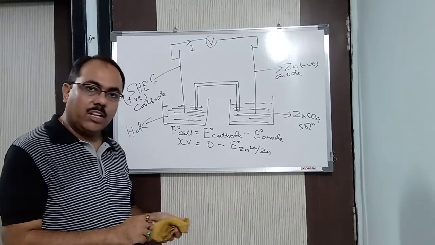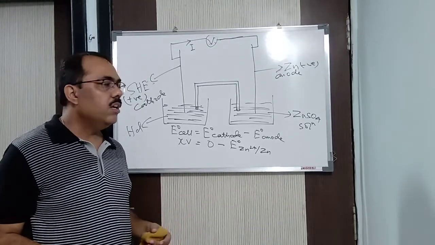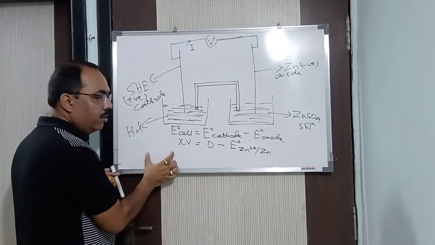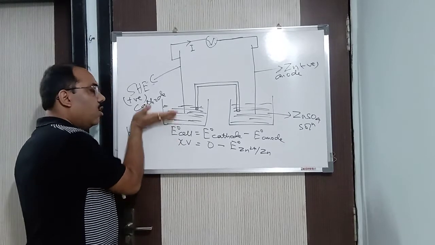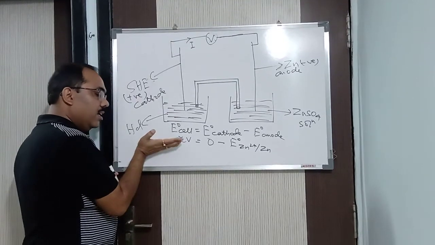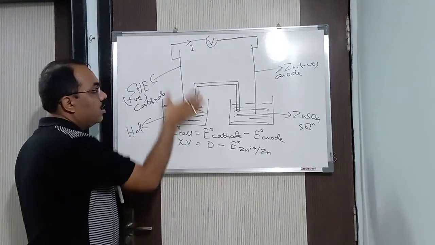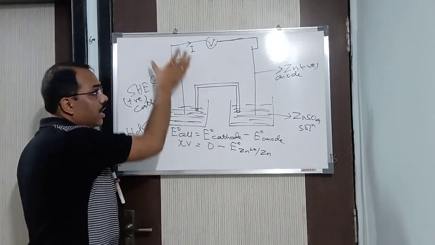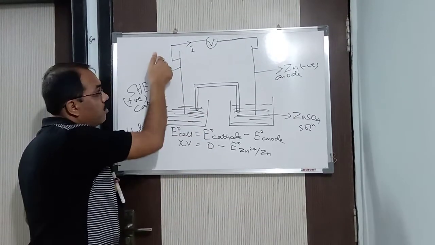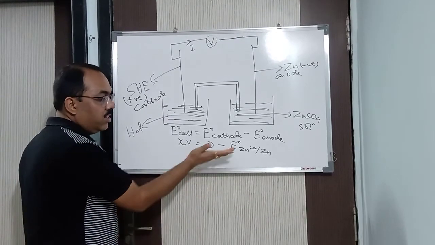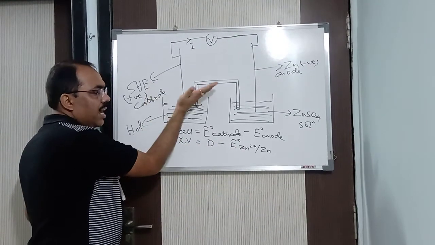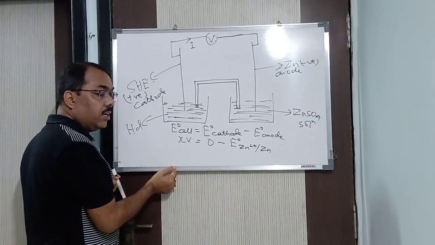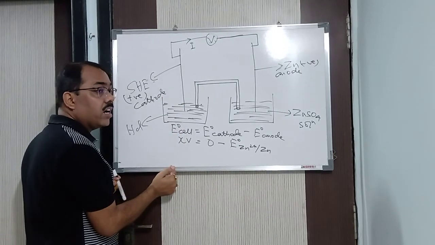That means, when you are making an electrochemical series, after this I will be teaching you the electrochemical series, you will find that in the middle you will have SHE, 0. Above that you will have negative electrode potential, and below that you will have positive electrode potential, because the electrochemical series is arranged in increasing order of reduction potential, that is from negative to positive. So zinc will be above SHE and copper will be below SHE, because the series is made according to the increasing order of reduction potential.